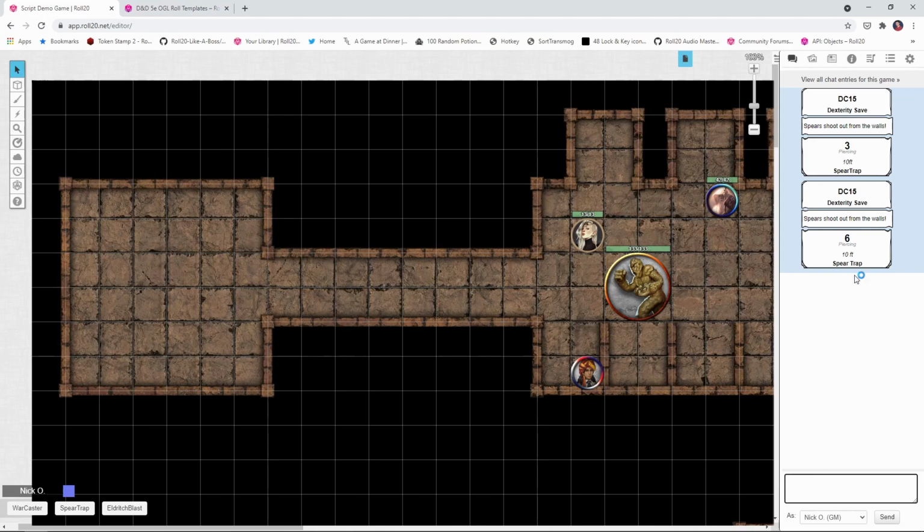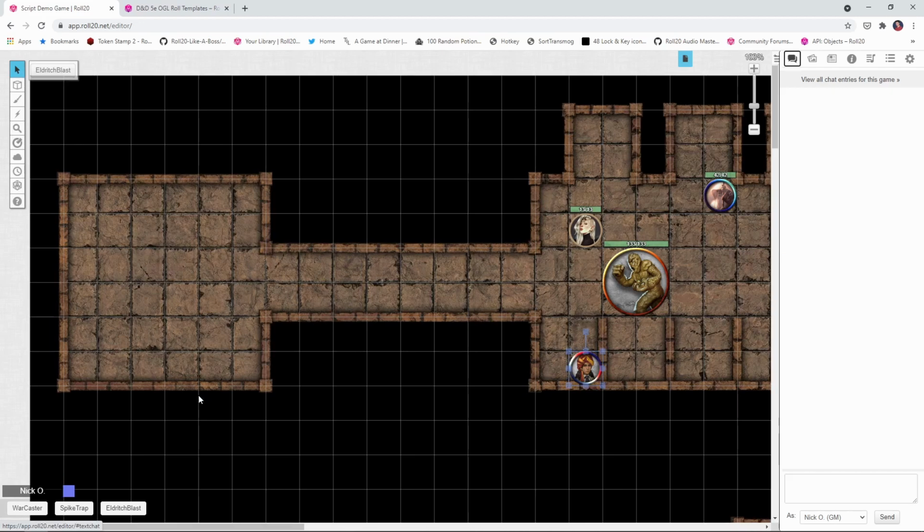And this works great for things like traps, or if you've homebrewed some sort of cantrip that deals damage and only requires a saving throw, this would be a great fit for that. Now, the last template that we'll talk about today is the attack damage template, and this can be used for spells that require attack rolls or weapon attack rolls, and they're the ones that look like this,